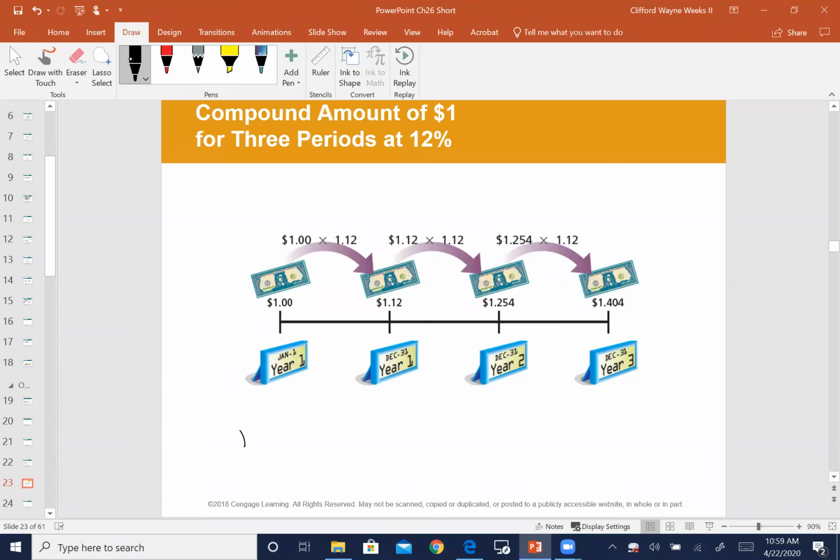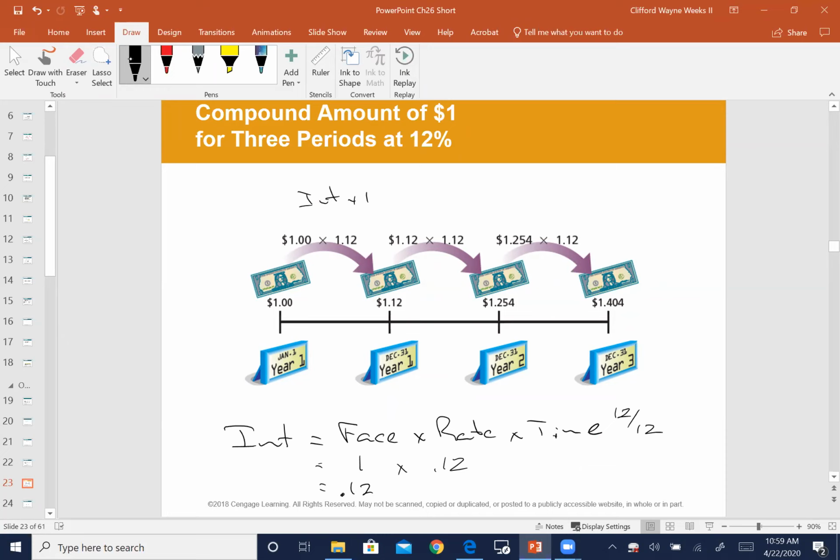Because if you remember, interest equals the face times the rate times time. In this case, it's a whole year, so this is really just 1 or 12 over 12, because interest rates are always stated as an annual percentage. And so if we had the face of $1 times the rate of 0.12, we come up with 0.12. But a quicker way to do this is to just take that interest rate